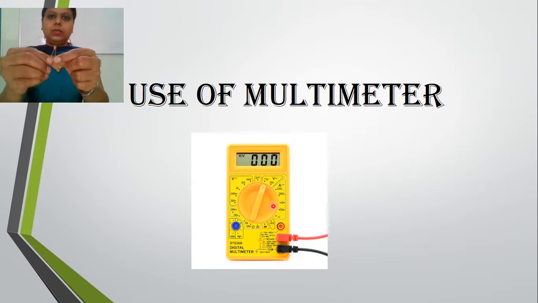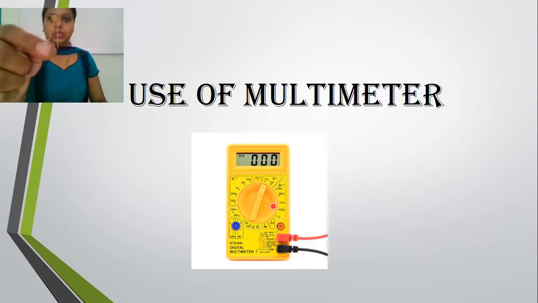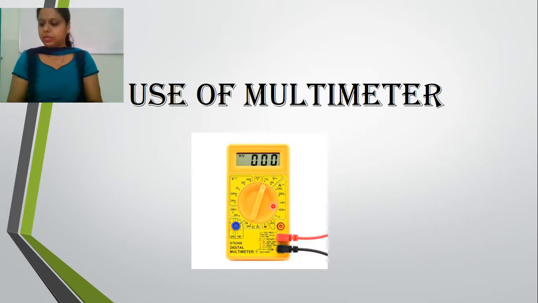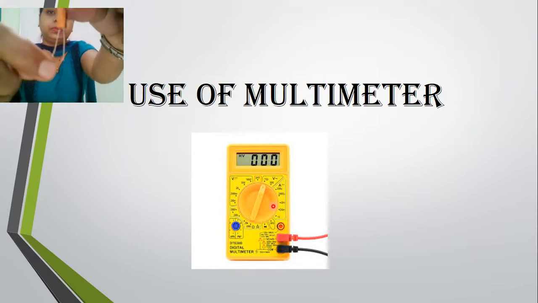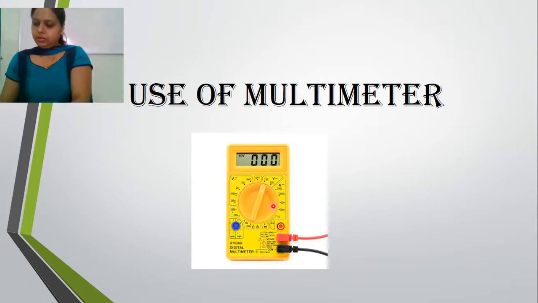This is the capacitor. More specifically, this is a mica capacitor. A capacitor can have different kinds of shapes according to its ingredients or its use. So this is the mica capacitor. This is another kind of capacitor I have here, an electrolytic capacitor. One leg is longer, the other leg is shorter.